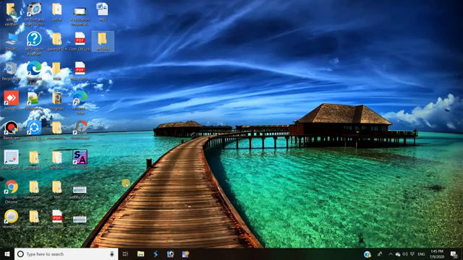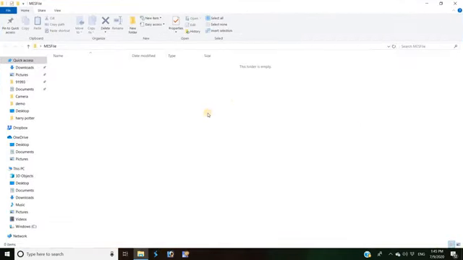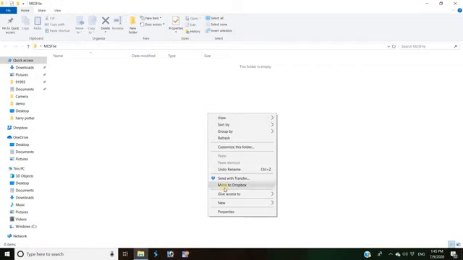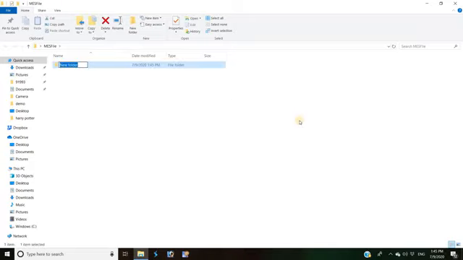Okay, and after that, if you require to create a new folder in the same folder, you have to double click into the folder. Now the folder is opened. Again right click here. You will see the shortcut menu appearing. Click New. You will see an adjacent menu appear, and again click Folder. A new folder is created. Now give the name of the folder.